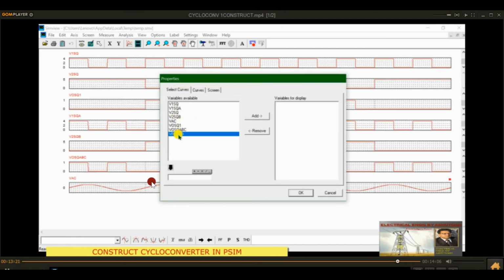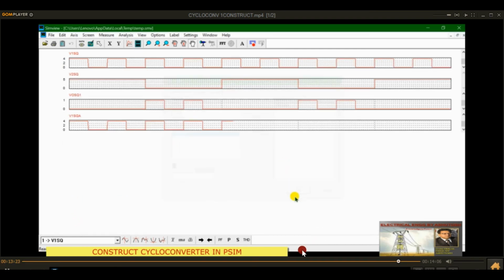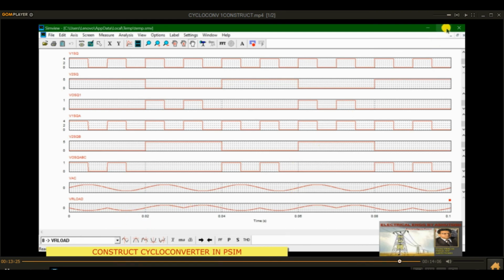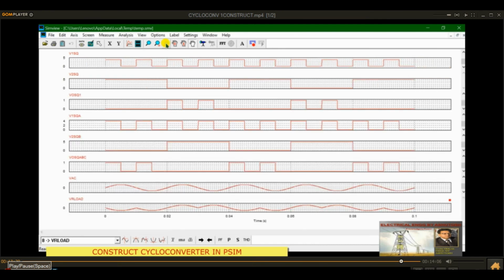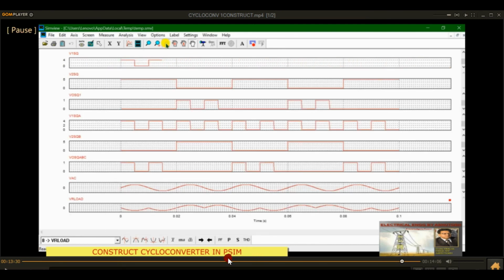Okay, this is the AC supply of 50 Hertz frequency, and this is the output waveform you will get. See, during the positive half cycle there is a supply. Here there is a half supply, and during the negative half cycle there is another half supply of positive supply, positive sequence. So the frequency is going to be reduced here.